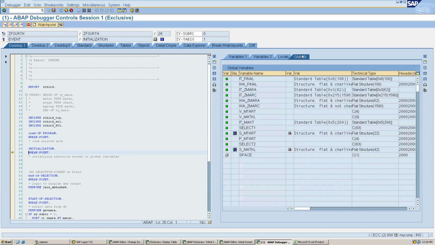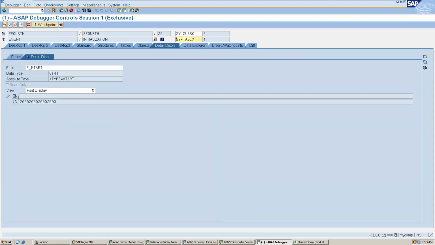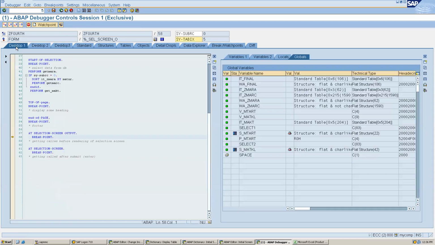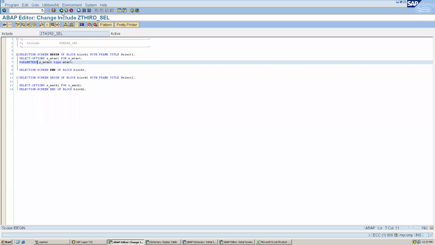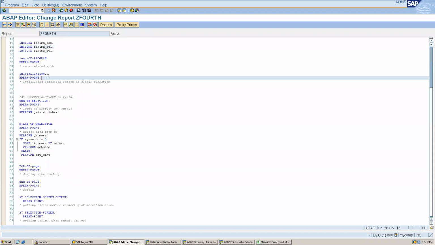In the global parameter, if I assign some value here, for example ROH, and when I press F8, you can see this value is coming here. It means if I assign any value in the initialization event, it will directly come here.